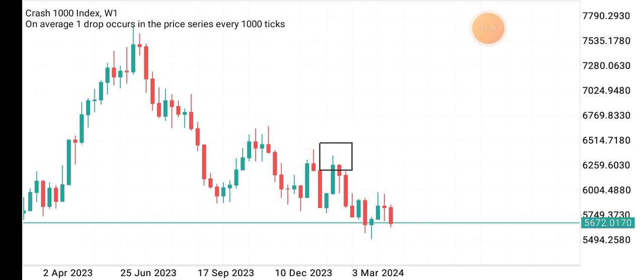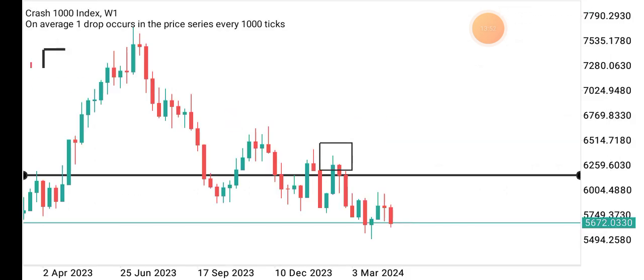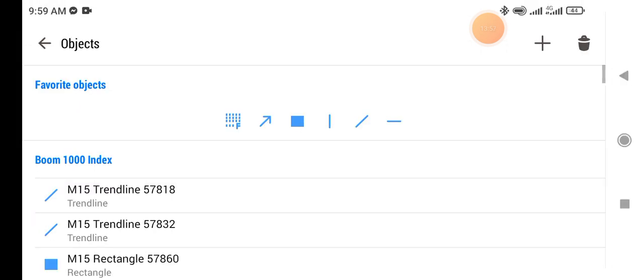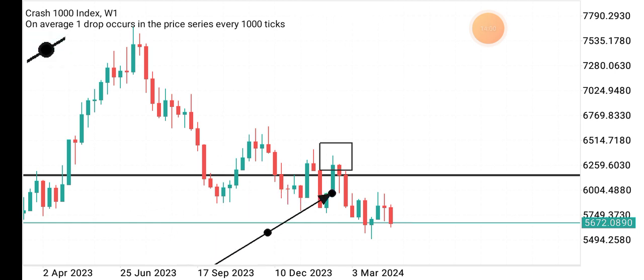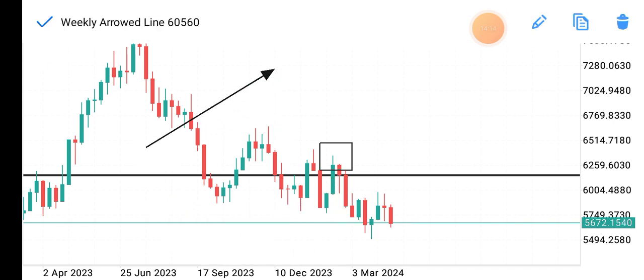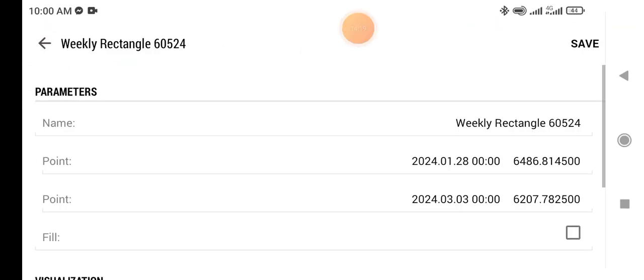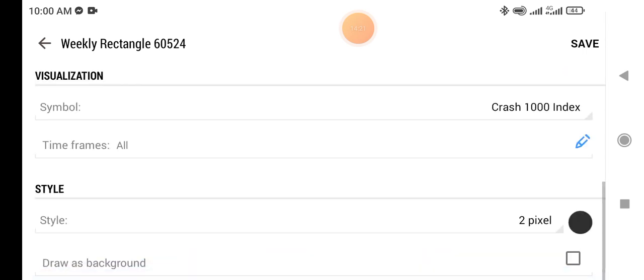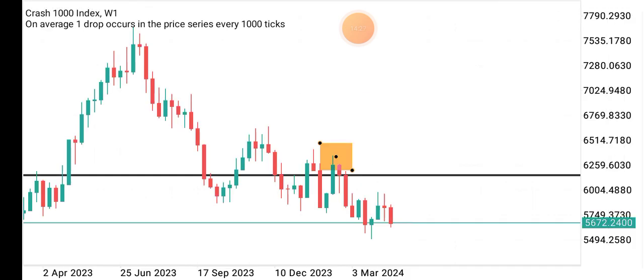Let me place a horizontal line. I hope you understand why I'm putting that line there. You can see the bullish candlestick here, and the bearish candlestick with a small body. The market went below the current week's, the next week went below, maybe it retested properly, then you can see the massive sales to the downside. So let me see if I can trace it. Meanwhile, I'll fill this particular rectangle with a color so it can help me trace that place. Let me get a color that will make me see easily. All right, let's go